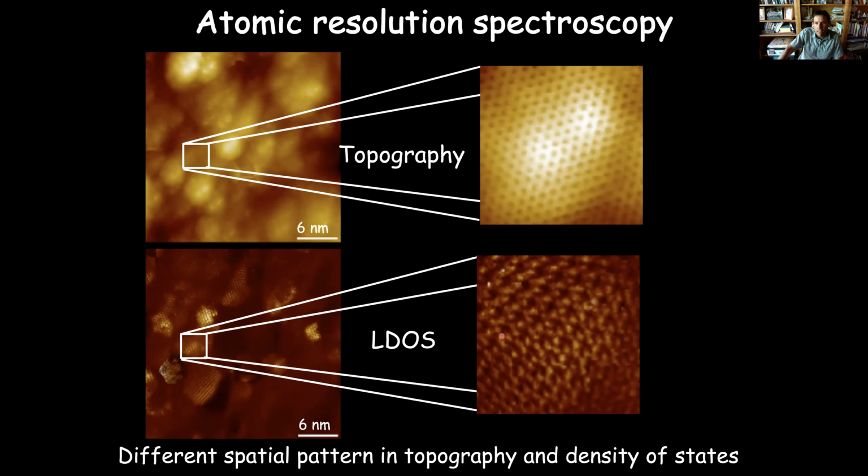And they're coming from the fact that the electrons in the graphene in this sort of disordered sample are undergoing a lot of scattering, and that scattering is in certain preferential directions. And so from this measurement of the local density of states, we can learn something about the scattering or the disorder in the sample. By combining these topography and local density of states measurements, we can get more detail and learn more about the underlying wave functions in the sample. So those are the types of measurements that we're going to talk about and show you today.